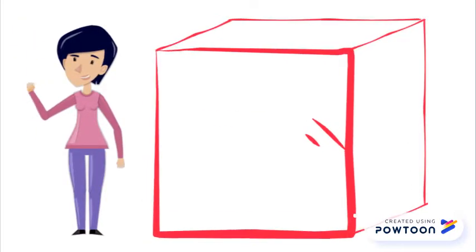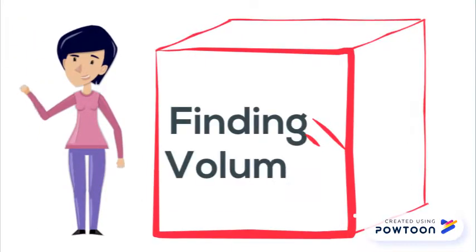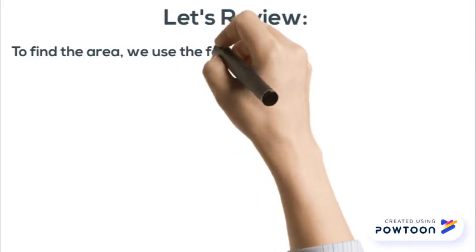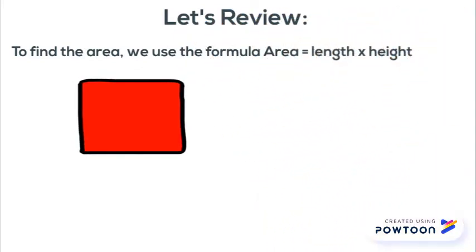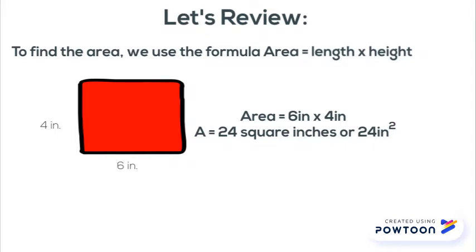Hello class, today we are continuing our lesson on finding volume. I would first like to begin with reviewing what we already know. We know how to find area with the formula area equals length times height. So with this example, we would take the length of 6 and the height of 4 to get an area